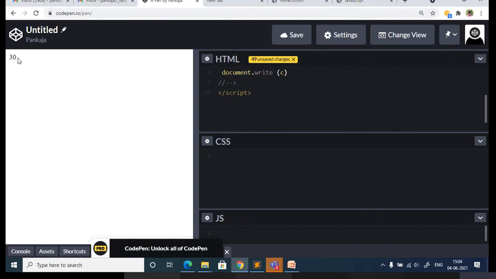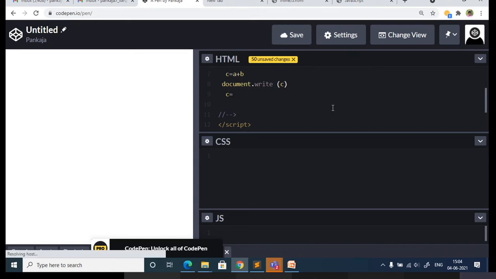You should observe here the output is coming here. Before it was 10. Now I've written code for addition, a plus b. Just copy paste this. First write c is equal to a minus b.